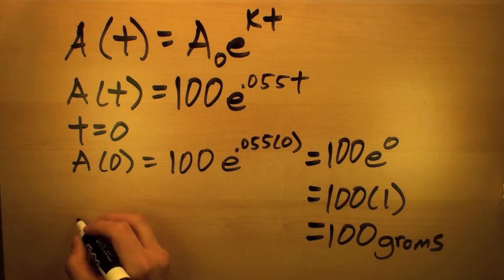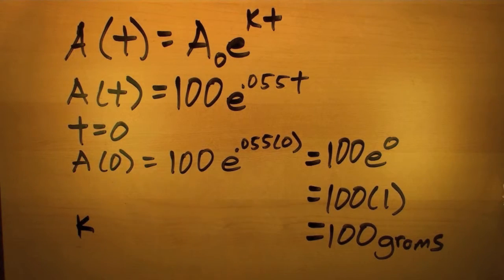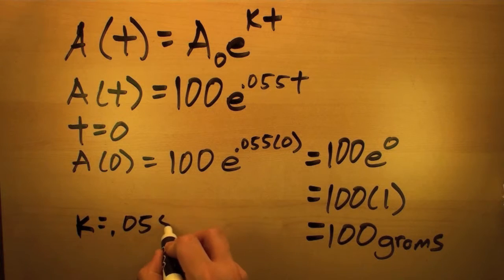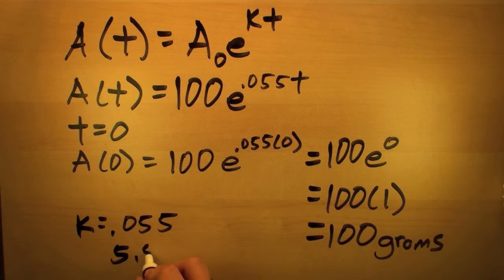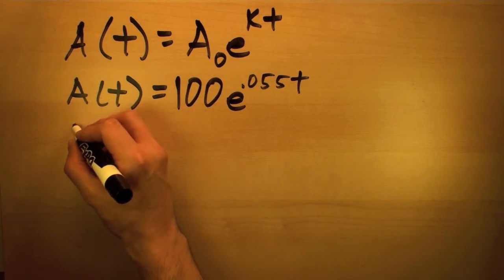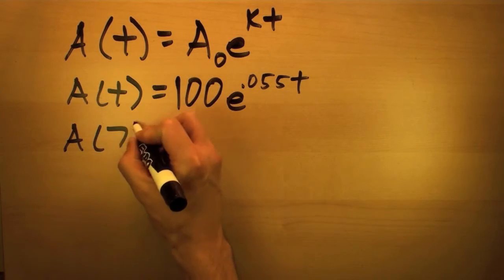Our growth constant k can be interpreted in terms of a percent, that is our growth rate. When k is equal to 0.055, it can be interpreted as a percent of 5.5%. If we want to know the bacteria population after 7 hours, then we can figure out the amount after